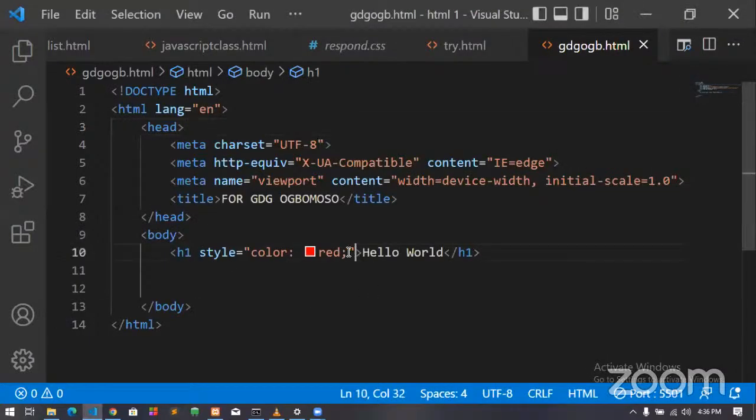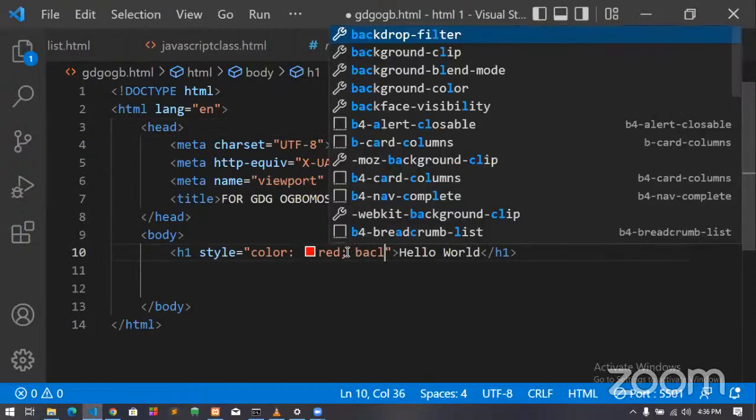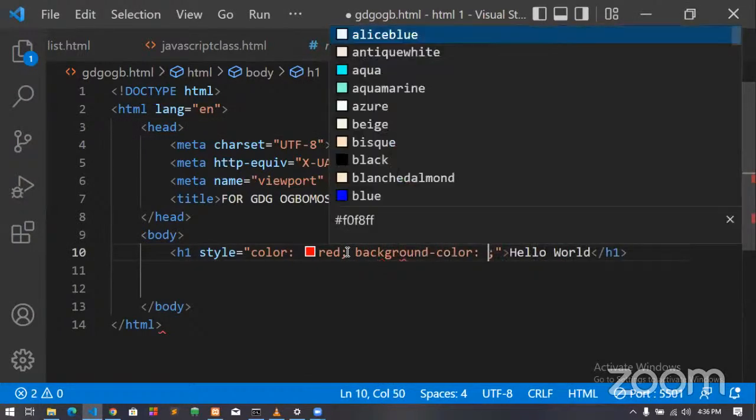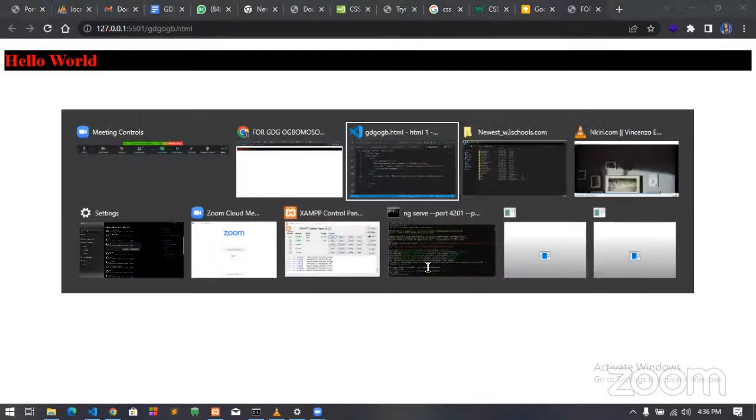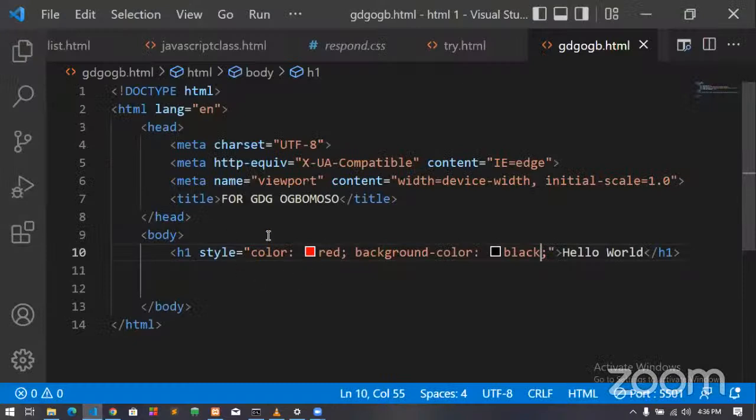Great. So this is how you use your inline styling. I can say, okay, I need a background. So I have background color. This is a property. Then the value cannot be black. If I check, this should have changed. Yeah, this is what we literally call inline styling. Any styling that you are doing in between your HTML tags.